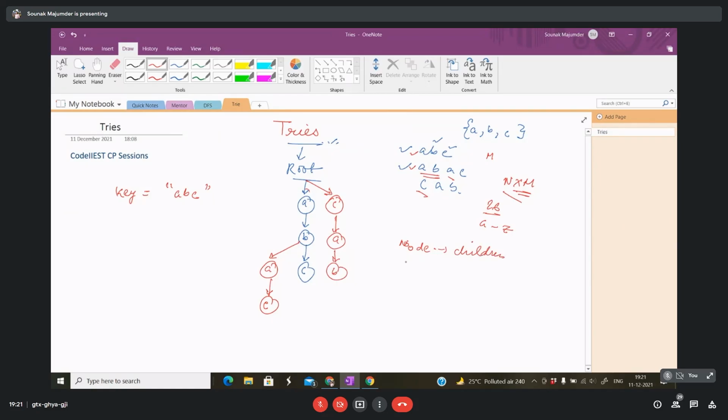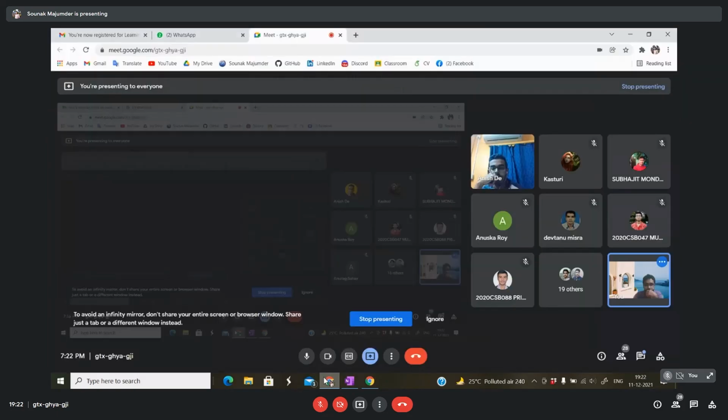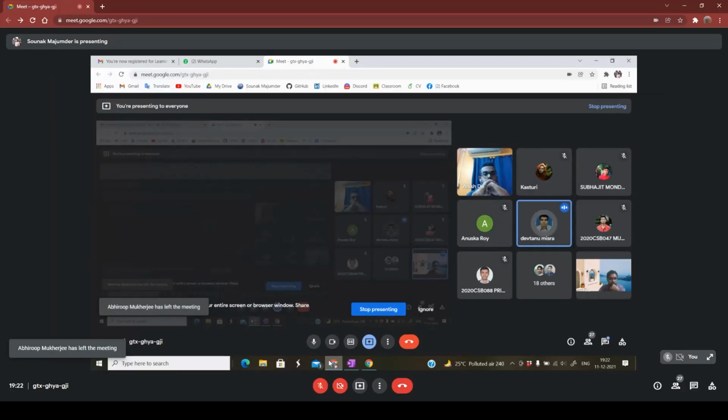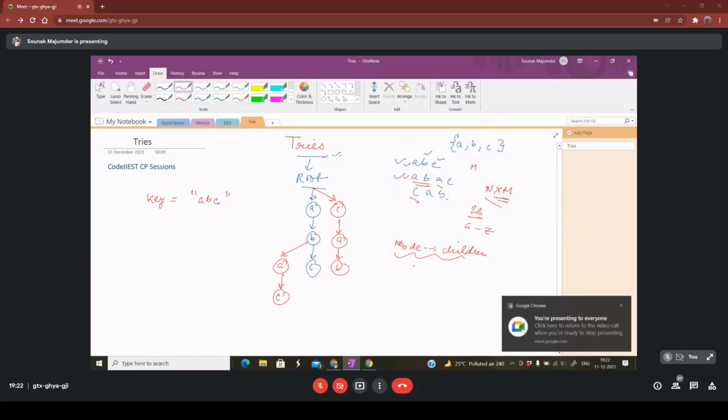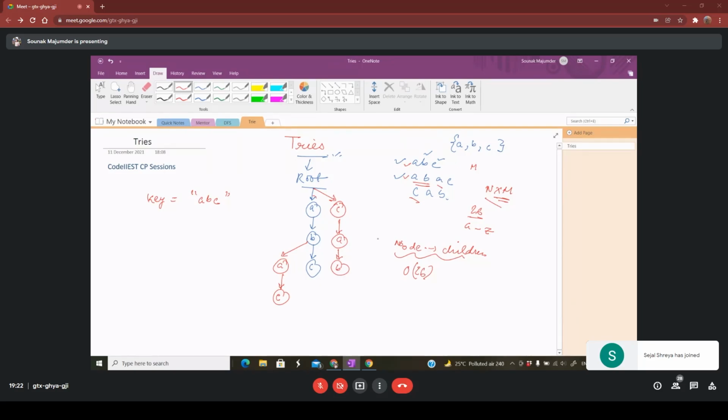So what will be the complexity of each node? Is it O of n, O of n square, O of m? What will be this? Anyone? Number of characters in the character set. So if you are using the English alphabet system, it is O of 26. Yeah. So this is a much more efficient way.